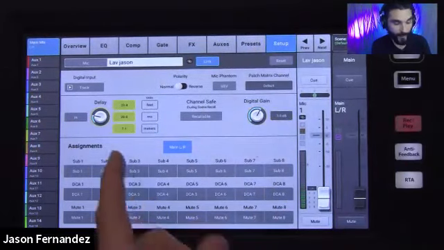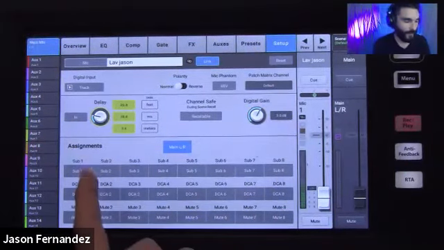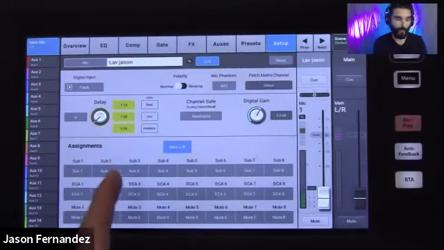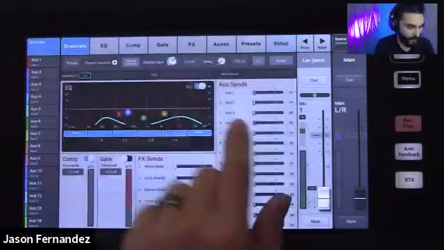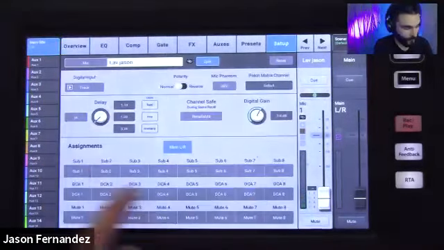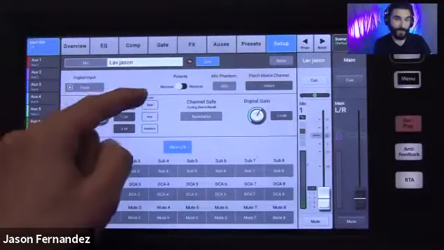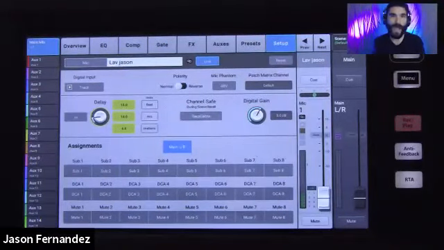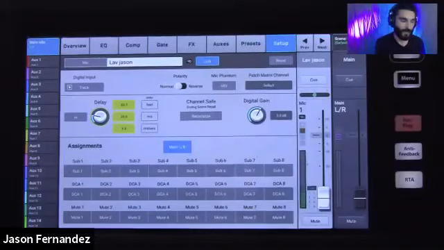The nice thing about the delay control in the setup screen here is that you do get the delay time expressed in a couple of different ways instead of just the milliseconds in the overview screen. So here we have it expressed in feet, milliseconds, and meters. So I can maybe a little bit more accurately tune in my delay using those different parameters there.